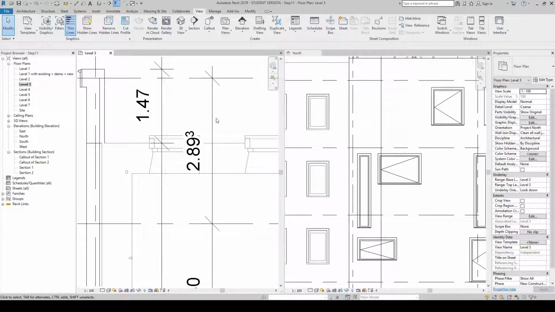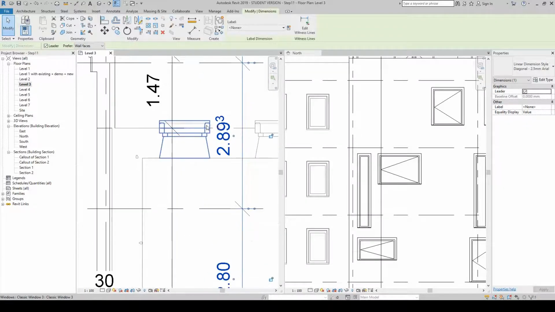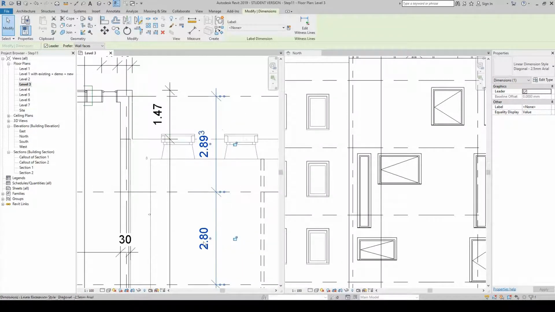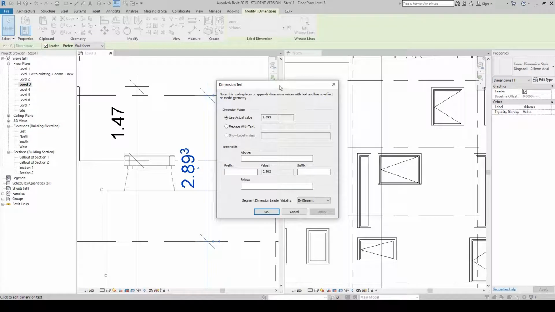Once you've done that, press OK, and you can choose whether it's above or below, but nevertheless it just shows you can have transparency or opaque numbering. Now staying with this dimension, we have another option to round it up. So if we double click on the numbers, a new window will open and we can replace with text. And on your keyboard where the hash key is, which is basically above the shift key on the right hand side of your keyboard, if you press the symbol, so it's a little squiggly line, and if we round it up to 2.9 and then press Apply,